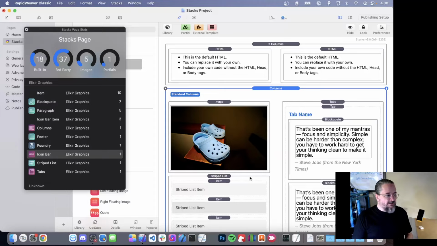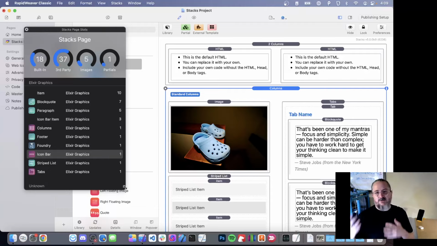So that's a quick rundown of some of the things that you can do with the page stats window. I'd encourage you to keep playing with it. There's some other things that you can do there. Especially go play with that scroll stacks into view preference and see if you like the defaults that we picked for you. If you don't like them, if you happen to like something else, definitely send me some feedback